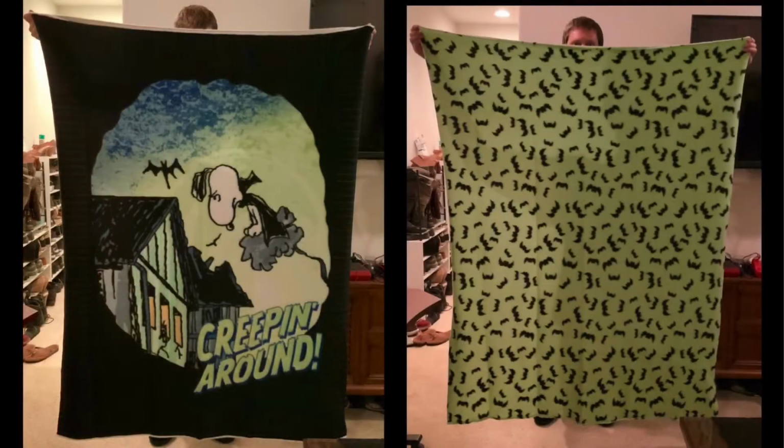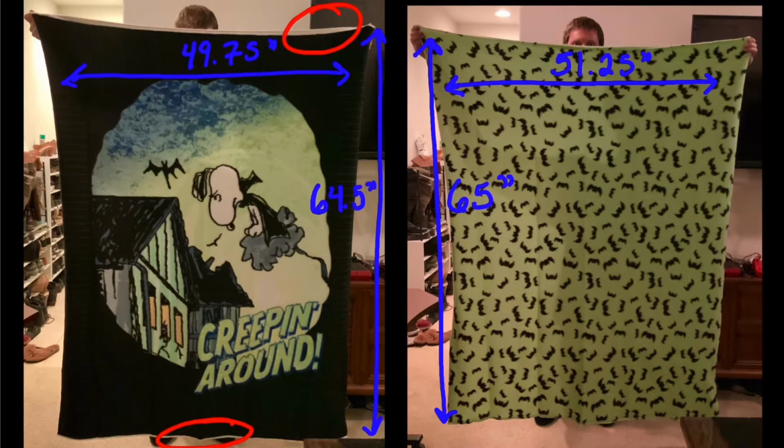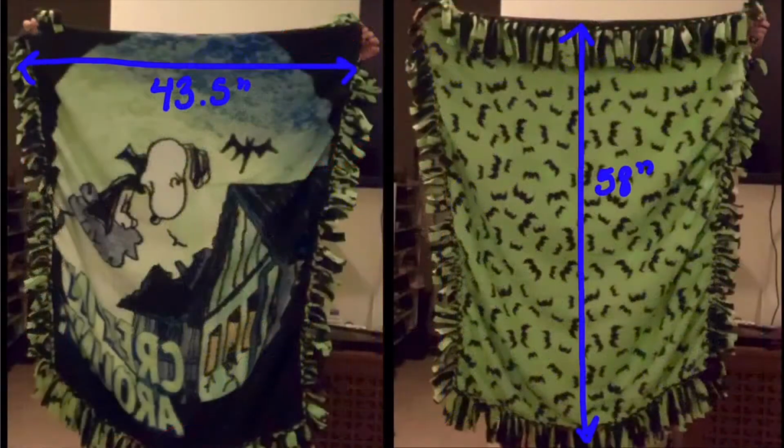Now, when I did measure the fabric out, the dark colored one measured about 49 3/4 wide, and the tall part was about 64 1/2. And the green one was about 51 1/4 wide and 65 inches tall. And after I cut the white stripes off of the top and bottom, it ended up being about 62 inches tall. As a finished product from tassel to tassel, it ended up being about 43 1/2 inches wide and 58